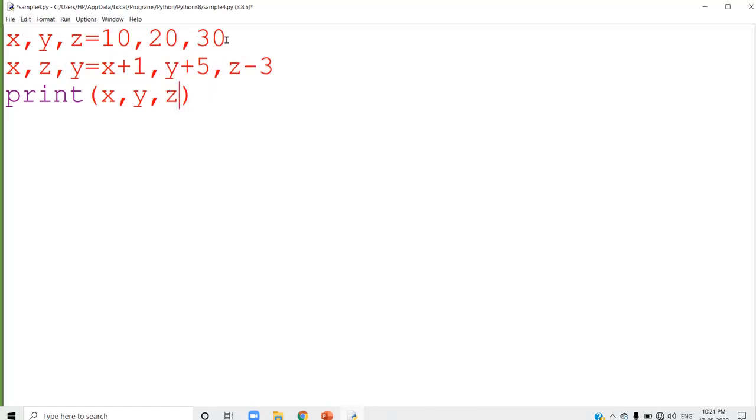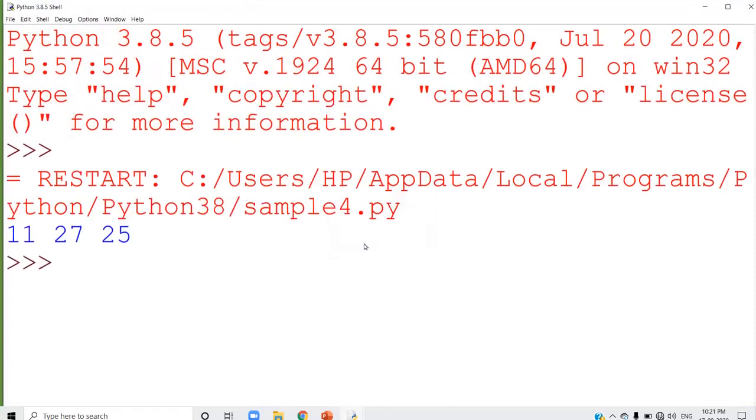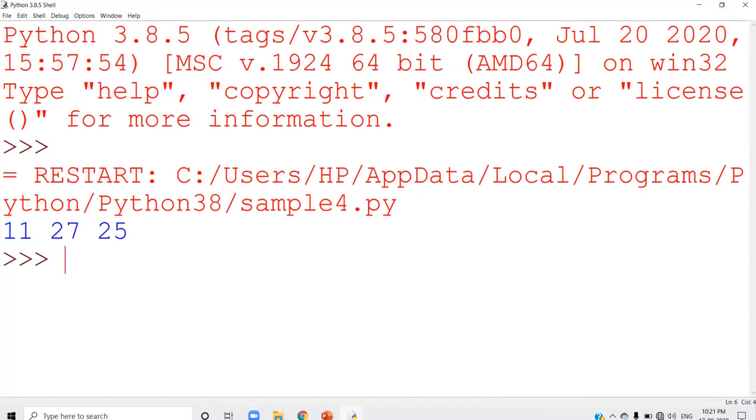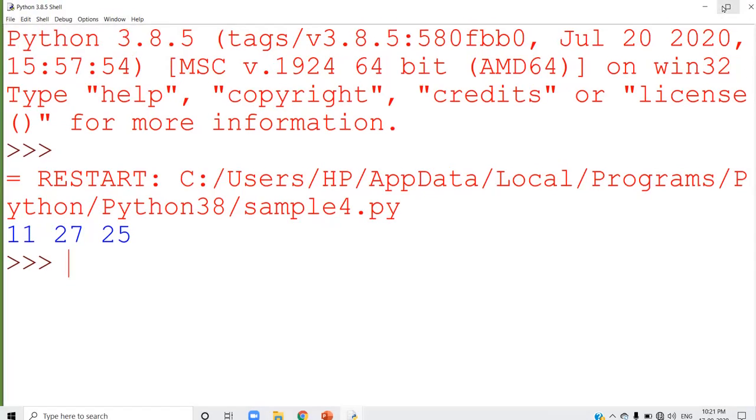And next is Z minus 3, that is 27. 27 is given to the variable Y. So, Y will be 27. Check, is the answer displayed over here? Yes, you got the answer. See the answer 11, 27, 25.